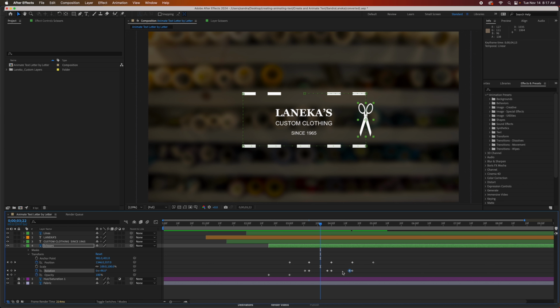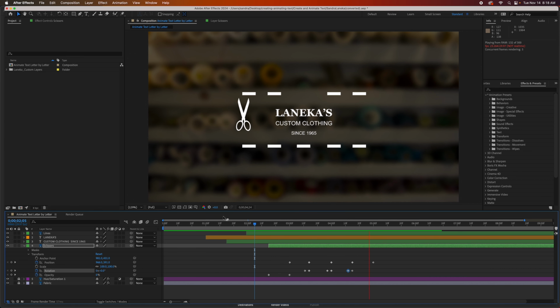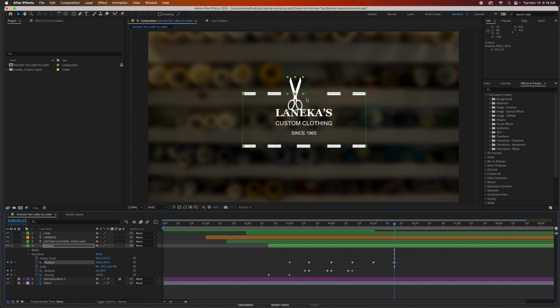Make sure all your spacing is consistent. Okay, there we go. Okay, so far so good. But now at 5 seconds, 15 frames, we need to bring it home and put it back where we started. So we're adding another position keyframe. And you see this dot right here? That's exactly where I'm going to match it. So I'm going to go here